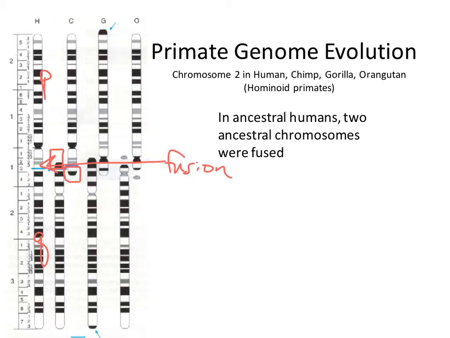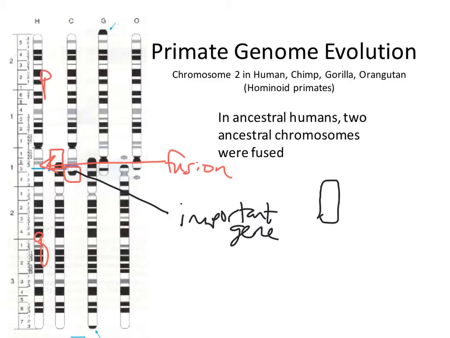I'm sorry, what did you say about the genes in those regions? So if there happen to be genes, if there was an important gene, like, I don't know, DNA polymerase, found on that tip of that chromosome, when that fusion chromosome gets produced, just the 2 little tips of those 2 chromosomes, something like that,